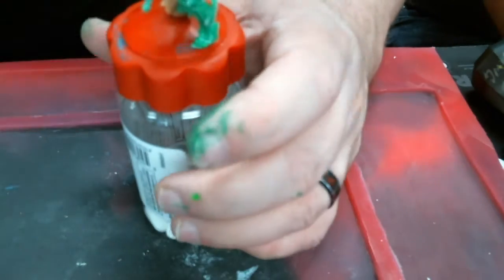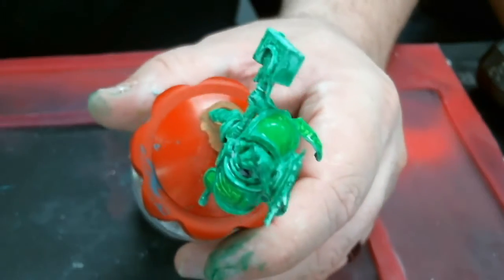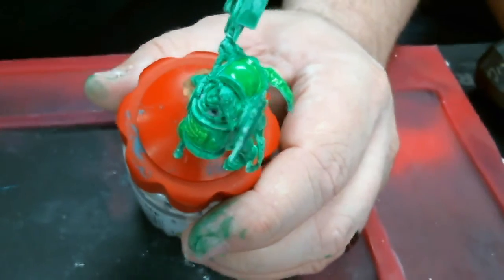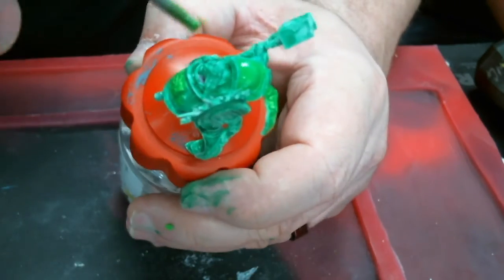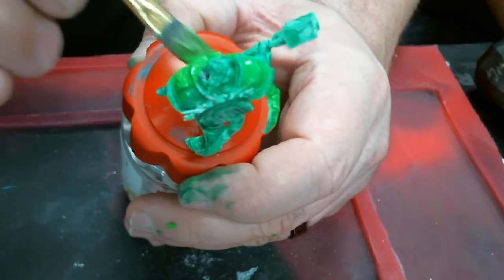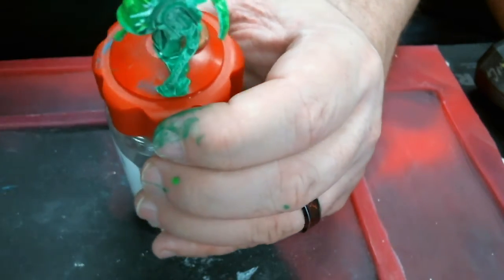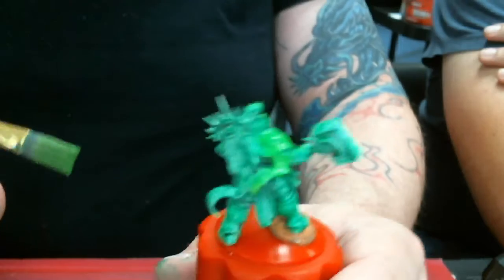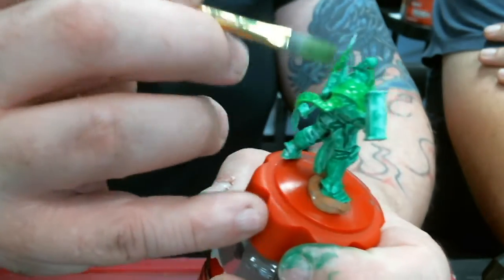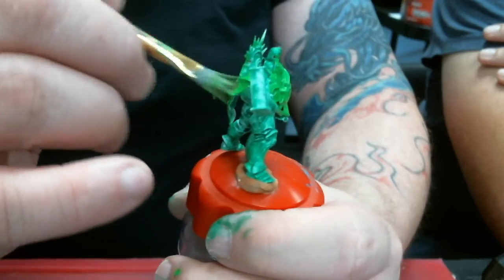Screw the little brush. We're going all in. I'm going all in on this. All right. So I'm actually going to load up my brush, and we're just going to go over the whole thing. Nice. Because I realized one little aspect of Tesseract Glow while I was doing that, and what I actually kind of forgot to do is, there, now I can see my stuff. I'm not trying to be all awkward. I am socially awkward, but, I mean...